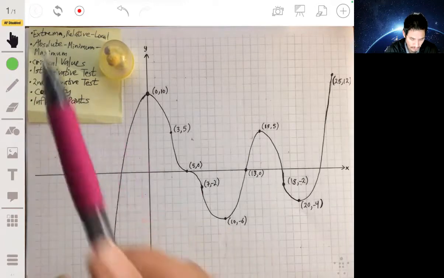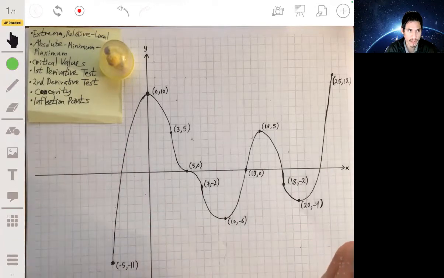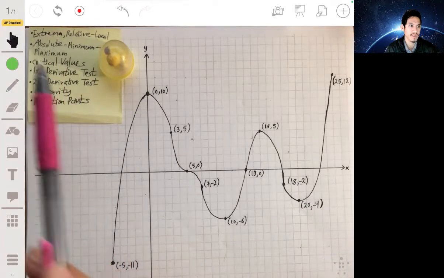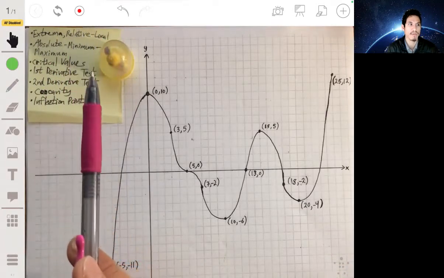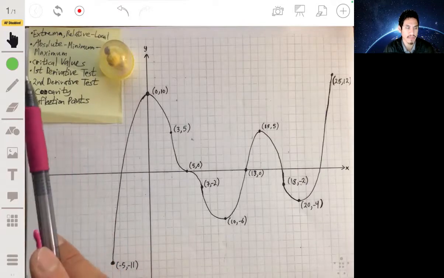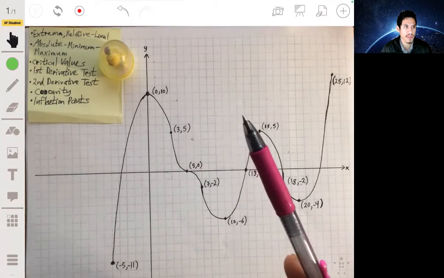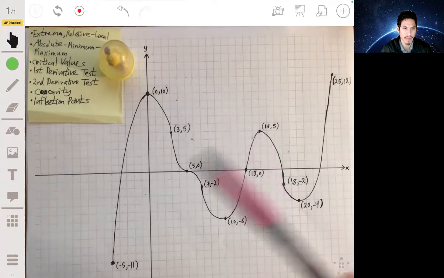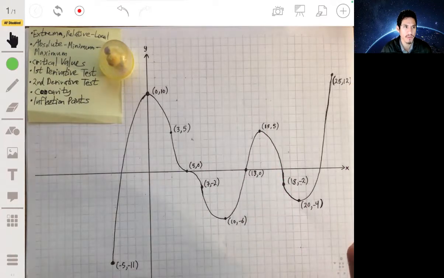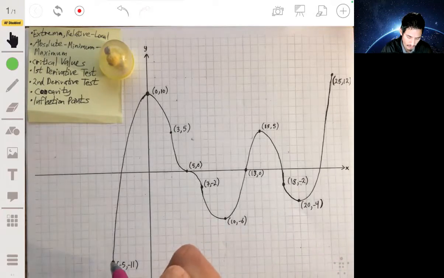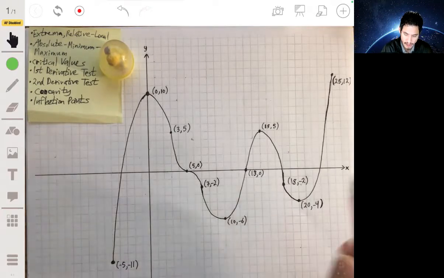So first thing you have to know in this chapter are the basic terms when we're saying relative extrema, relative maximum, local maximum, local minimum, absolute maximum, absolute minimum. So what we're talking about are what you would think when we say maximum, minimum. We're talking about the biggest, largest values or the smallest, lowest values on the graph. So you can see on this graph, you have low values here, here, and here, and the high values here,